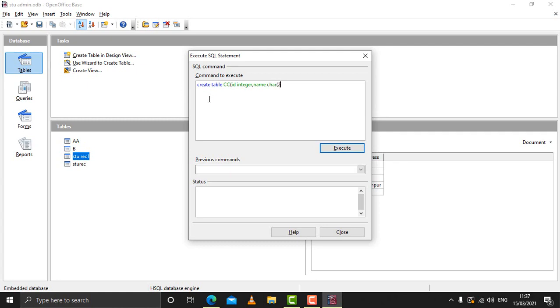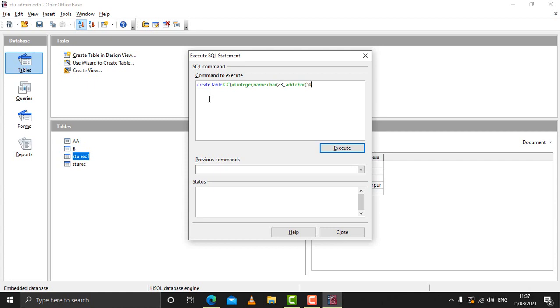Say for example I give it 23 characters, comma, say for example ADD for address, CHAR.